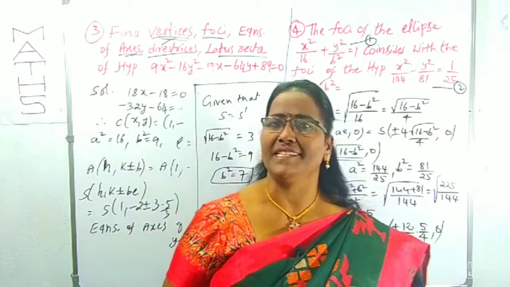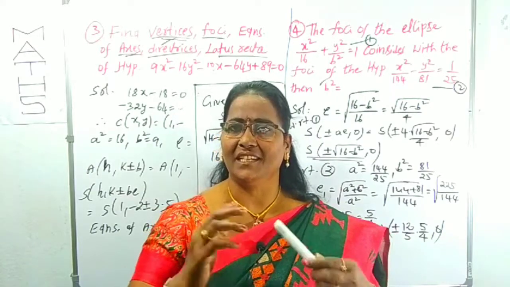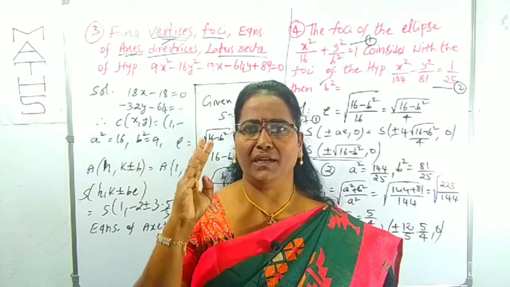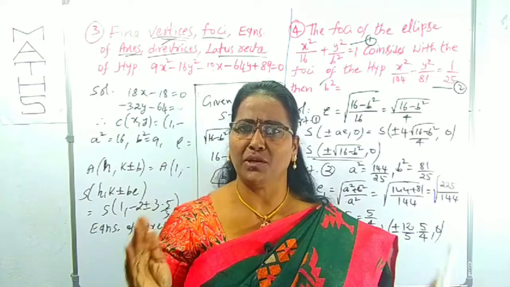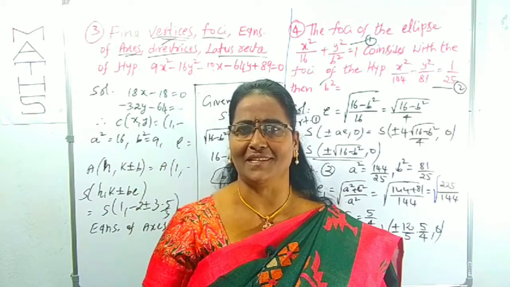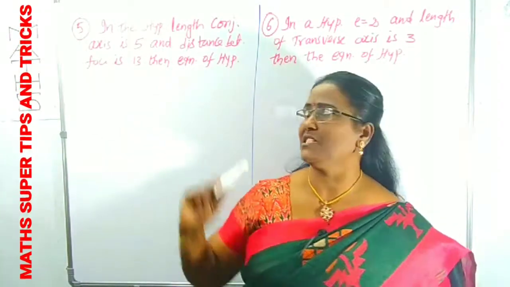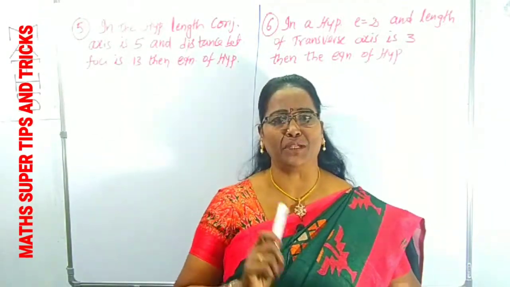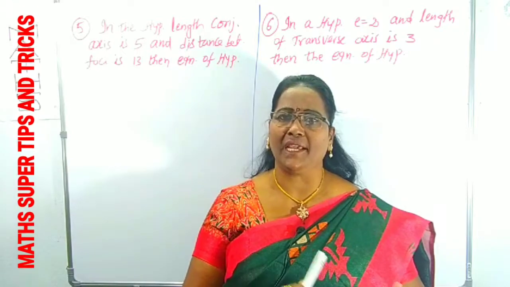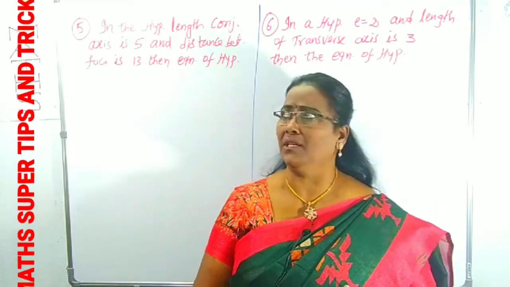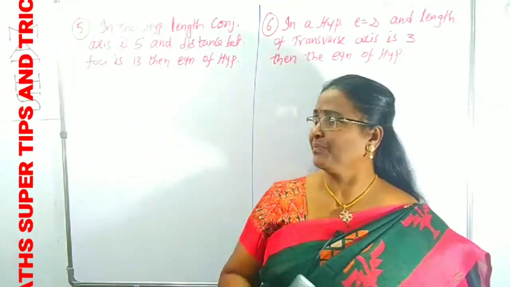Clear? Here what is the given data? We can understand that given that the hyperbola and ellipse both have equal foci, from that some unknown result is asked. Okay, look at these questions in which various content is given. By using them we can find out equations of hyperbola. Come to question number 5.